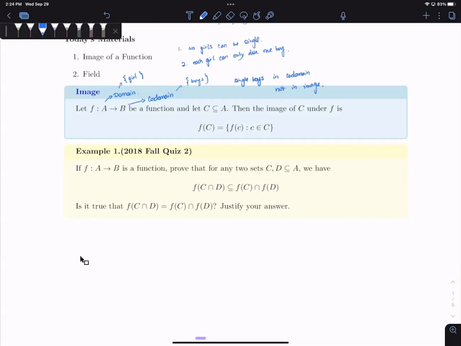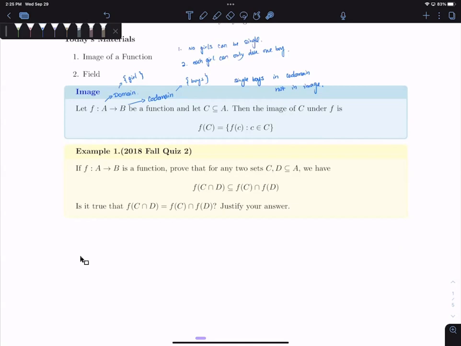Does that make sense? So every single guy who has a girlfriend, they are the image of the function. So terrible, okay, terrible example. Do not tell your prof, please. This is a terrible example, but it should make you understand. So in math, in a function, that means if your y has an x that maps to it, then this y is in the image. If your y has nothing mapped to it, then it's not in the image, but it can be in the codomain.